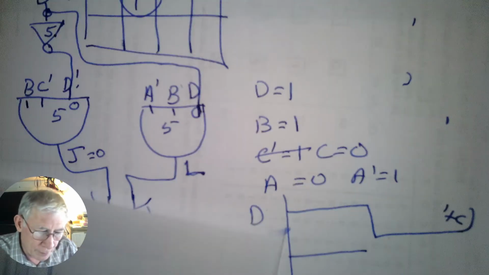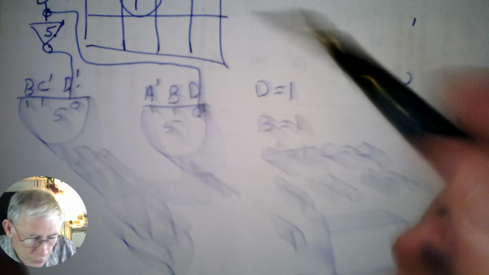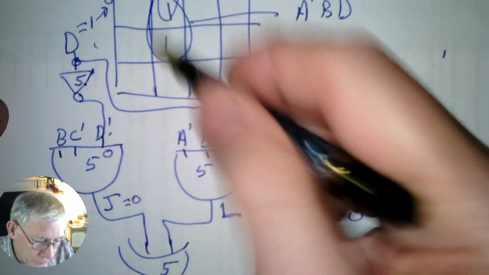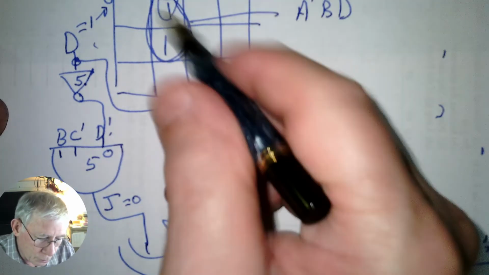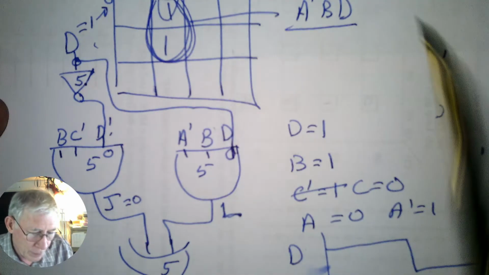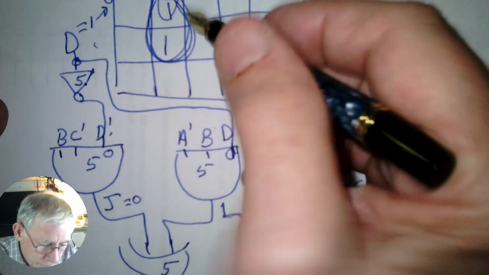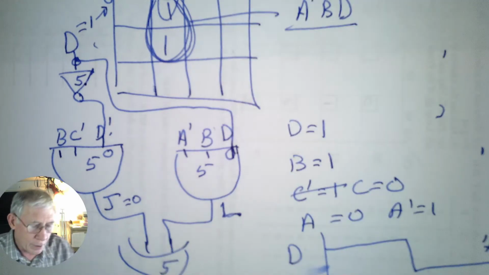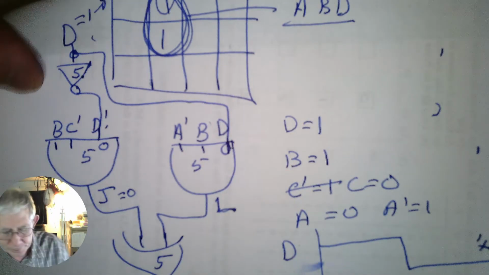And in our K-map, we can see that the hazard is because of the transition from this group of 2 to this group of 2. This group of 2 representing this gate, this group of 2 representing that gate. And it's the transition. It could be this box, it could be several different things, but anyway. And the extra gate will fix it.